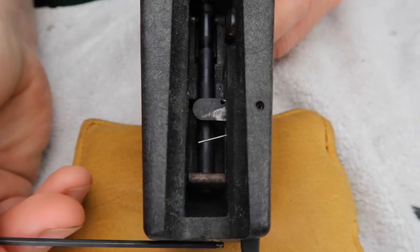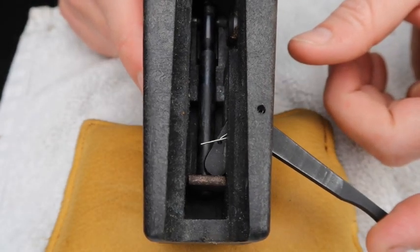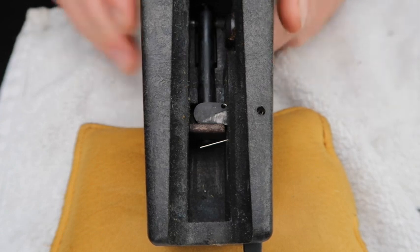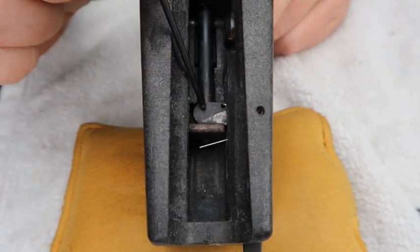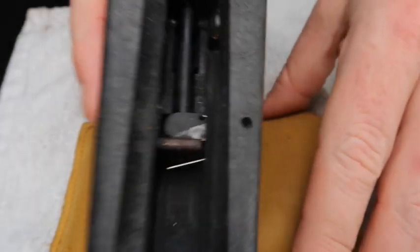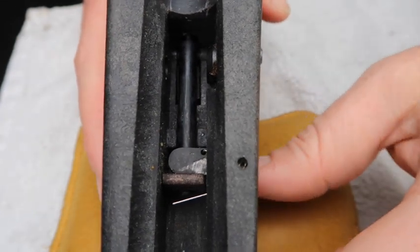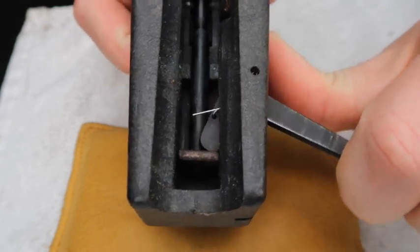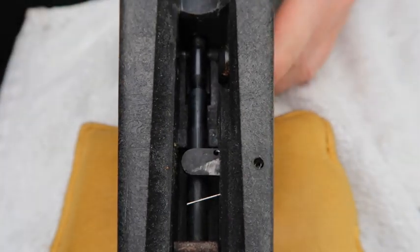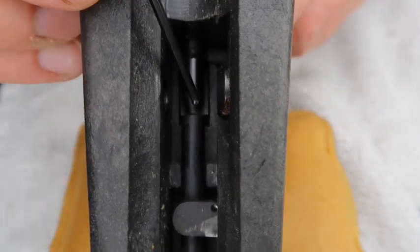Now, this is the front section of the stock, and the lever that cocks the gun is here on our left. So basically, we're holding it like if we were pointing it with the action on the gun. So this is the cocking piece, and this right here running back through the length of the stock is the rod that goes out the back of the stock and allows the gun to be fired. So when you cock the gun on the inside, you can see that it pushes this cocking piece, which is under spring tension, forward. And then basically the sear is a little notch on this rod right here that the trigger